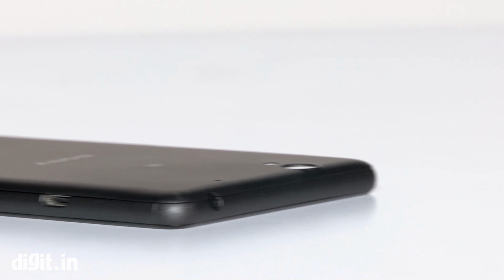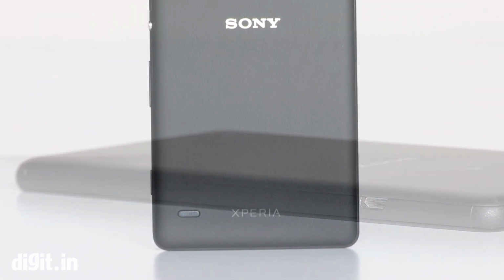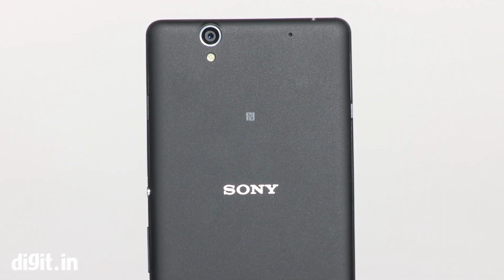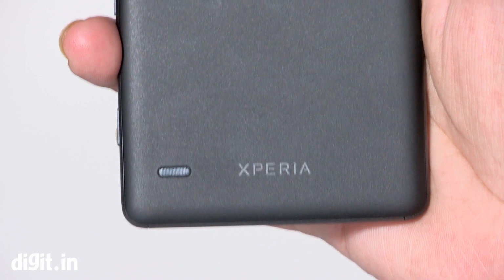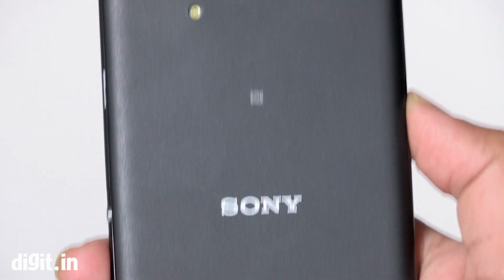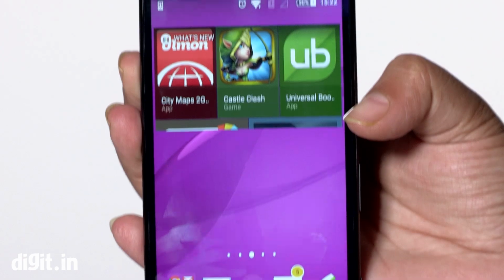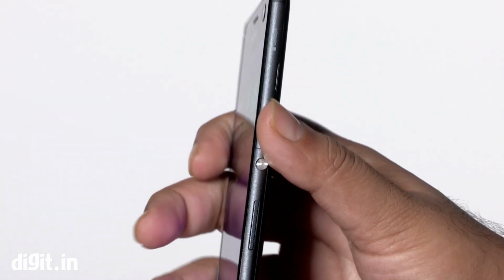The sides are tucked into the back panel and the groove runs all across the device's frame. Standard branding, camera, LED flash, speaker grille, and a front-facing noise cancellation microphone adorn the back. Despite being made of matte plastic and quoting a price of nearly $30,000, Sony has tried its best to make the Xperia C4 look and feel premium. While it does somewhat manage to do so in terms of looks, the phone still feels hard-pushed to be tagged